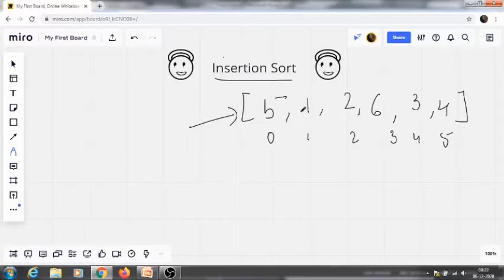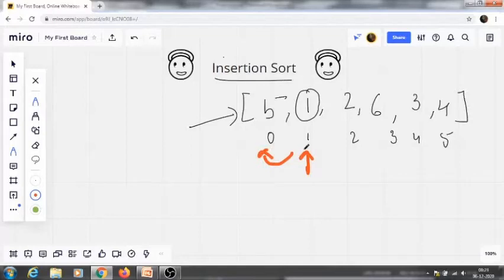So for insertion sort, what do we do? We just take an element. We will start from the second element. Why the second element? I will tell you that also, the reason behind it. So we will start from here. We will make sure that the elements before this one, the preceding elements, are always sorted. So we take the array before this, and it is sorted.